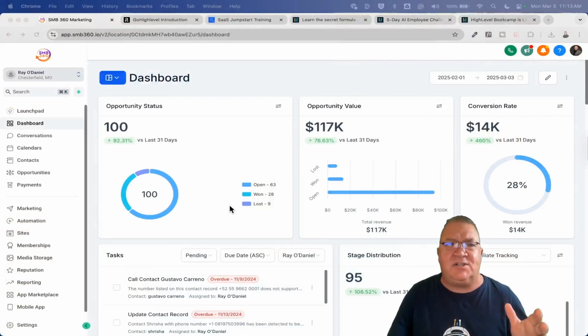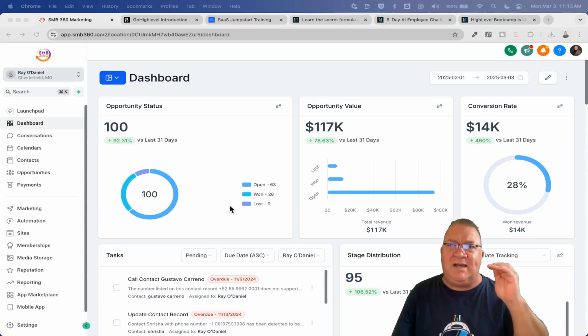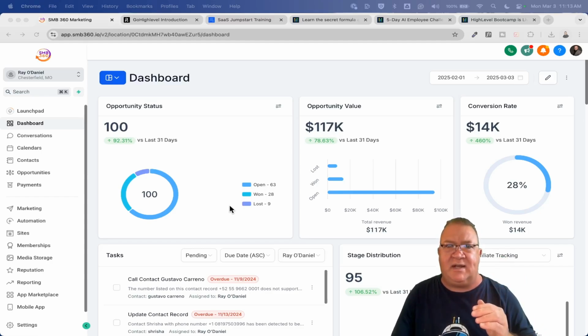Okay, so right now, here's just the way Highlevel looks, just to let you know. And I'm not going to start diving into some of these menu options. I really want to keep it high level. I don't want to get into the weeds, if that makes sense. I want to keep it at a high level so that you can understand what you need to be able to do to get started here.